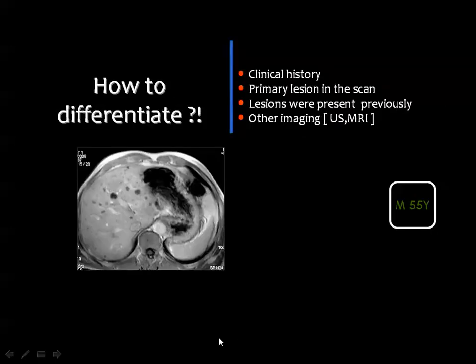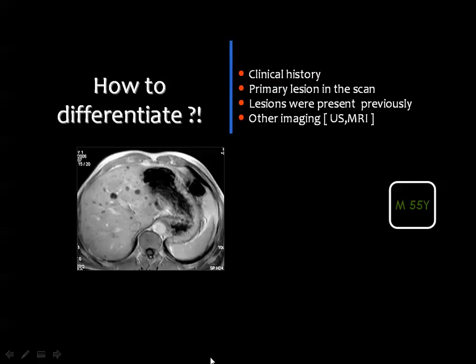Then the helpful criteria: number one is the clinical history, and if you see a primary lesion in the scan, you may suspect a metastasis, and lesions present in the previous studies, and this is very important,